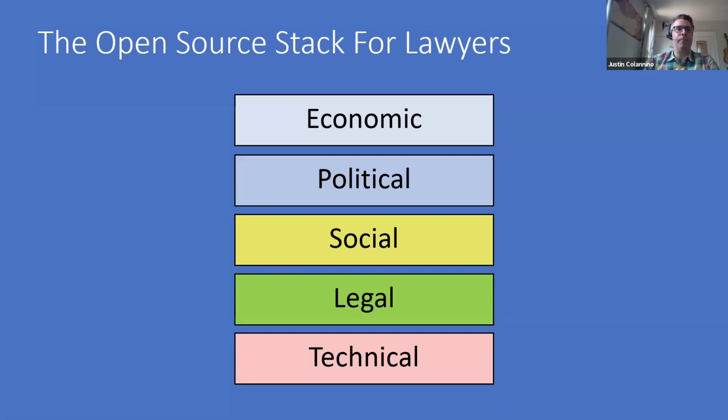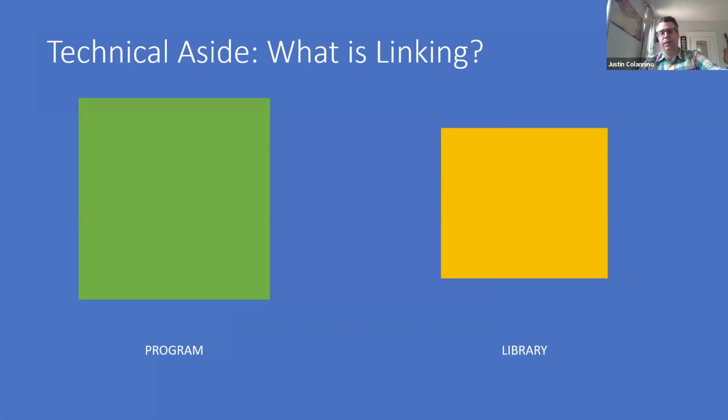Coming back to this and drawing upon your knowledge of the ecosystem is really important for lawyers in this space, in meeting your clients where they are and helping them engage with various parts if they're not as familiar with it. So let's talk about the derivative work question. We're going to focus on it in the C ecosystem, and talk a little bit about what linking is.